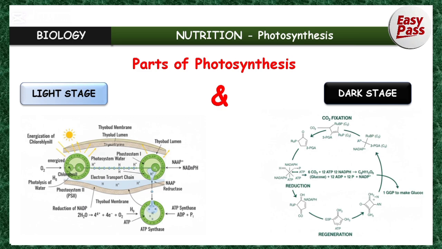Knowing that photosynthesis makes use of CO2 and water to produce this glucose, we can quickly look at the benefits of photosynthesis before we discuss the parts of photosynthesis, after we are done with light and dark stage reactions. The general equation for photosynthesis is actually